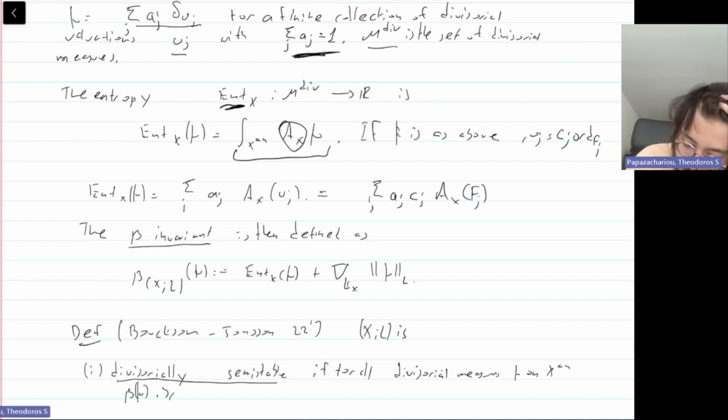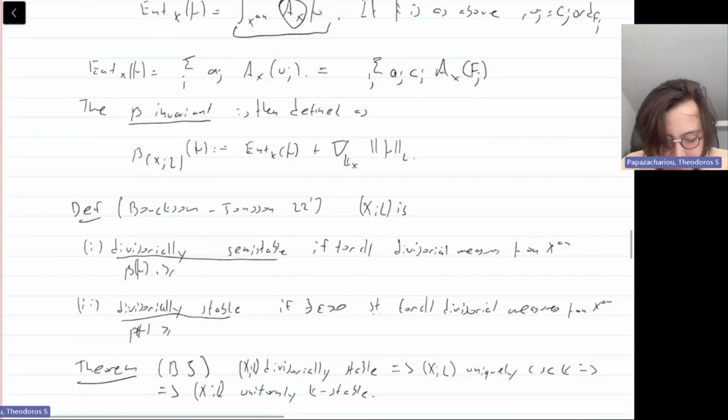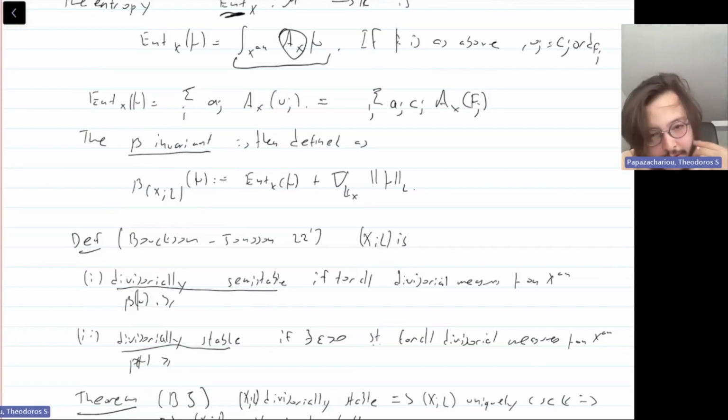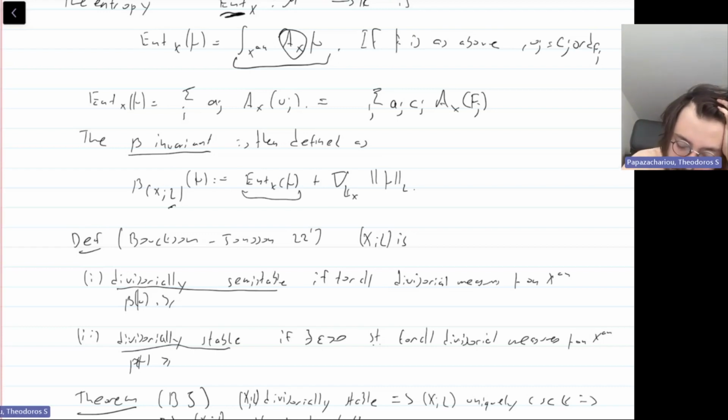So this is exactly the sum of all the log discrepancies comprising this convex sum of divisorial valuations. So we can define this term precisely because the log discrepancy function is well defined: this beta invariant for mu, and again I have X and a specific line bundle L, is the entropy term plus the